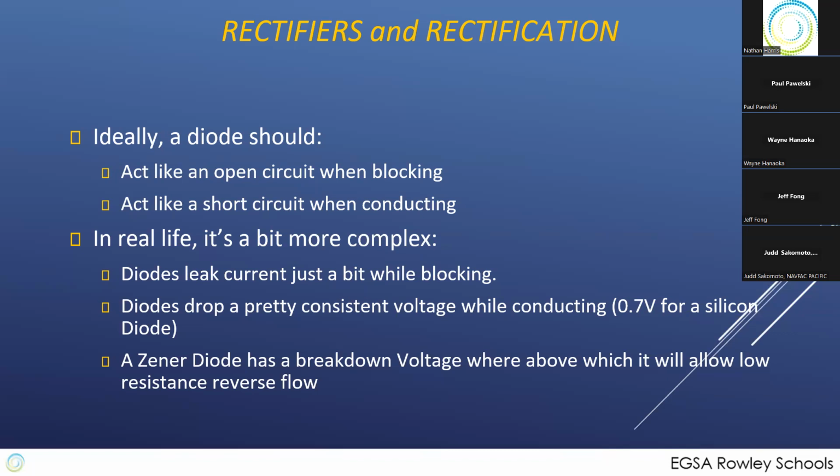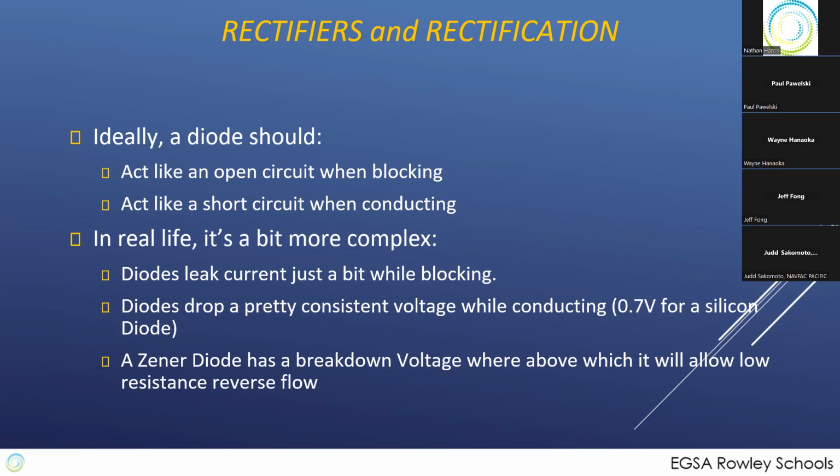The thing is, it's a bit more complex in the real world. You will always get back current leakage in a diode when it's blocking. And diodes have a pretty consistent voltage drop while conducting, about 0.7 volts if it's a silicon diode. Then you also have situations where you intentionally want it to leak, or more importantly, break down, and those are